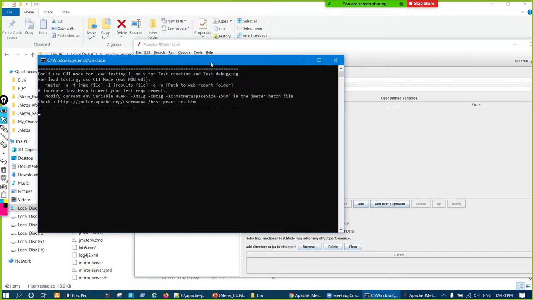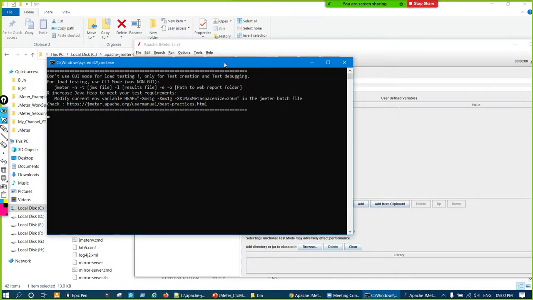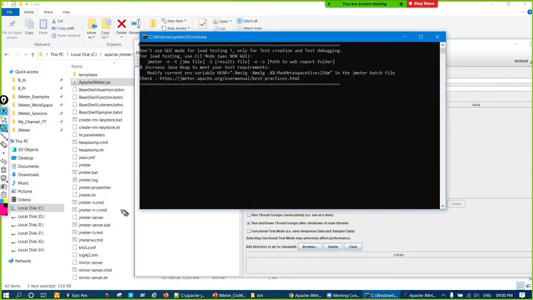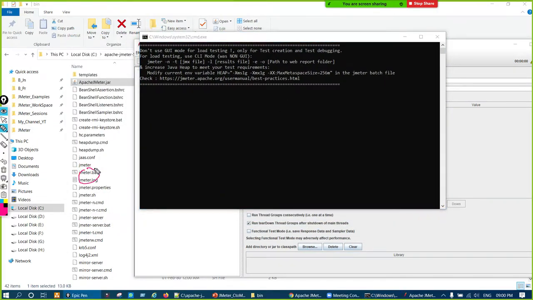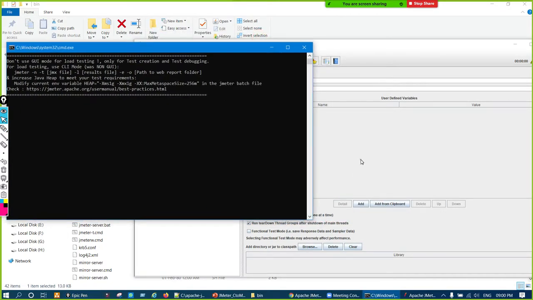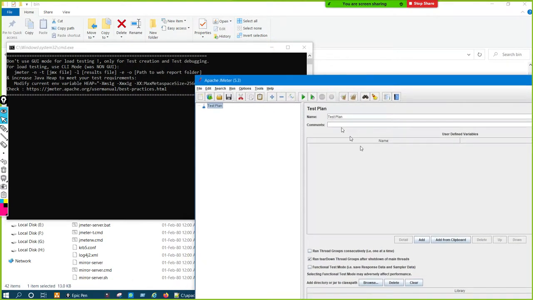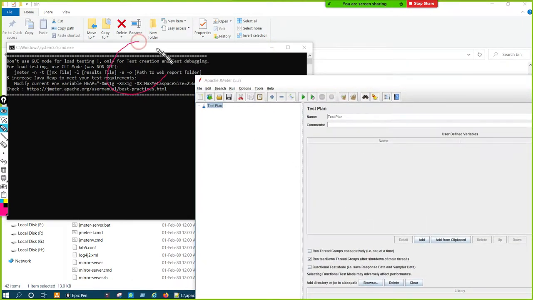So shall I go ahead, or do you people have anything to discuss? Go ahead. Okay. So here, when we launch from jmeter.bat, first this console will come, and then JMeter will come, and this console and JMeter are dependent on each other. So never close this console. If you close this console, JMeter will also close. So you have to keep that open.